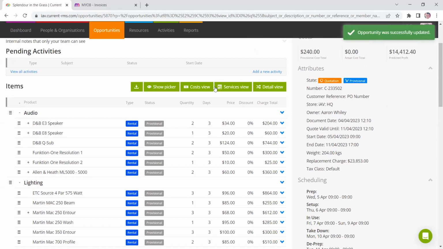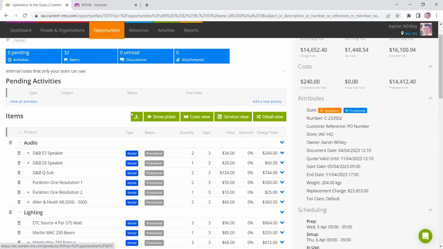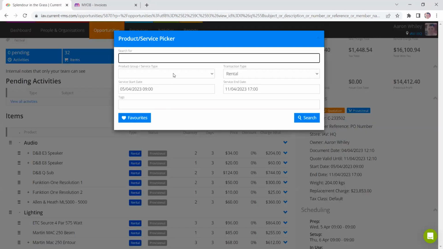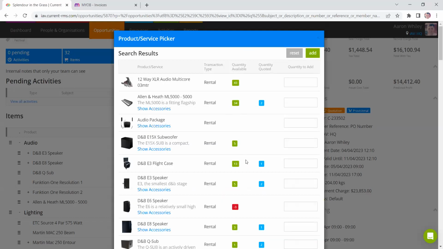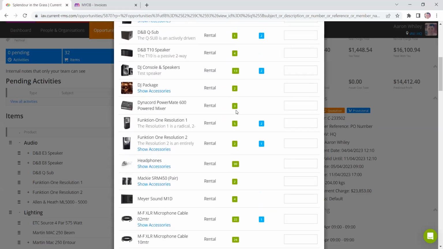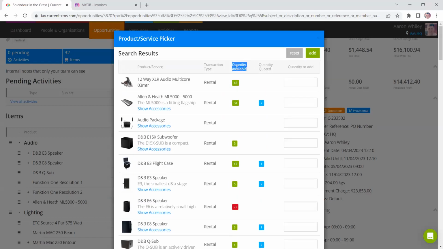So from there, we can start adding items by using this picker just above the items list. And so you can see I've already pre-built stuff, but say if I go into here and I go into my audio group, what this is going to do is it's going to allow me to start adding in items from this list. So again, what we can also see at the top here is quantity available, but also quantity quoted for,